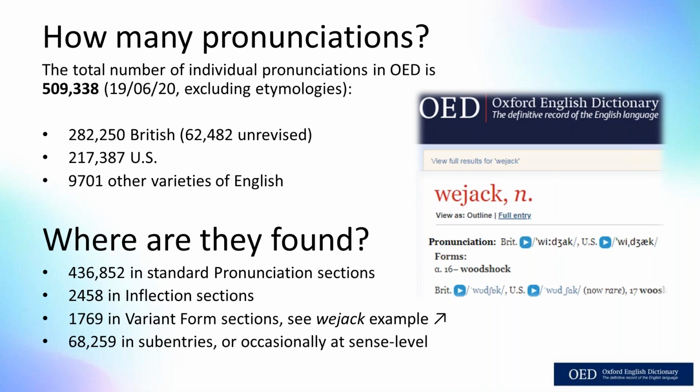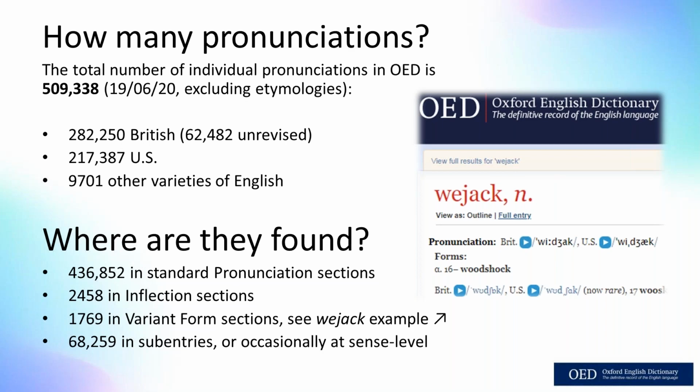An example we've reviewed recently was follis, which is a bronze or copper coin, and that's a borrowing from Latin for which the plural that we give is folles. A smaller but growing number of pronunciations are those given in the variant form sections. These variant form pronunciations are inserted where there's a pronunciation associated with a current but particular variant spelling of an